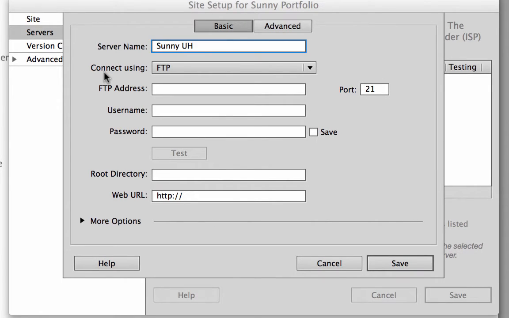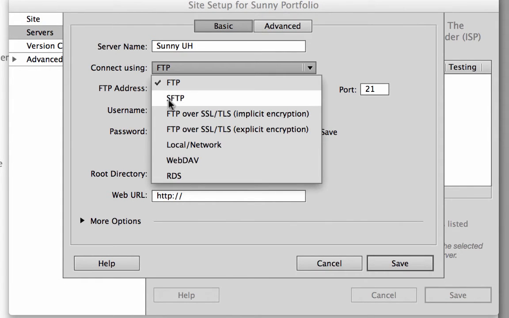Now this is important, connect using. For the UH server that I'm using, and for all students and faculty of UH, we need to connect using SFTP, which is Secured File Transfer Protocol, not the regular file transfer protocol.